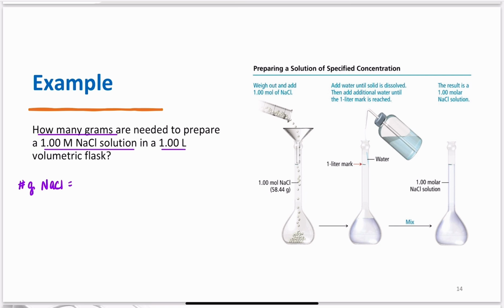Next up, write down one of the two things you're given. I don't have any preference really what number you start with. Some students really want to start with the 1 liter. I tend to start with the concentration. I don't know why, I just do. So I'm going to write that down first. I'm going to write down 1 mole NaCl per 1 liter of NaCl solution